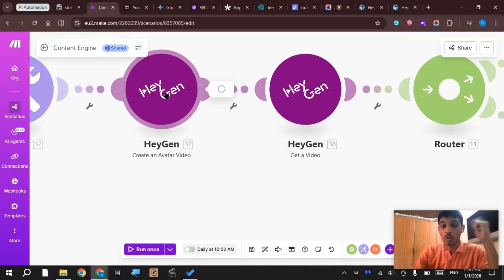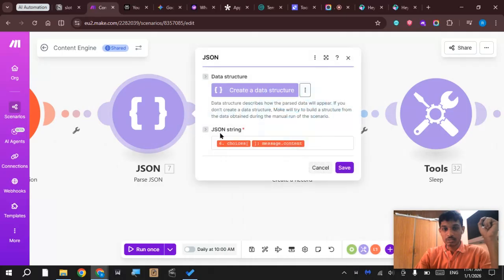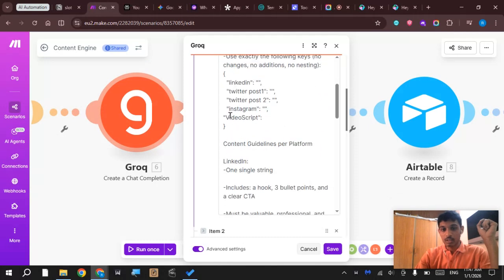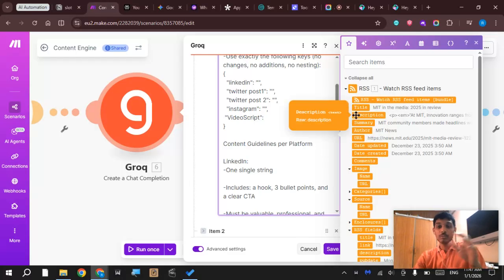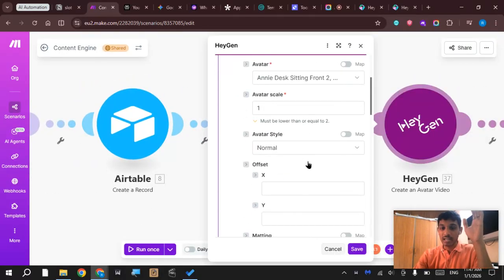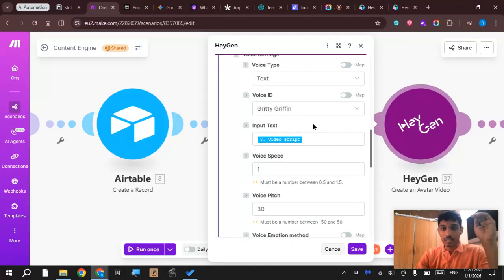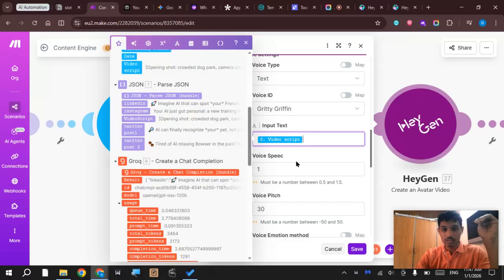Once it is created, in the parse module we are using JSON to separate the video script which is generated by Grok from the information we are giving to Grok using the RSS feed. So we are passing that information. These are some basic settings. Just leave it as it is, and we are pushing that parsed video script information to HeyGen,